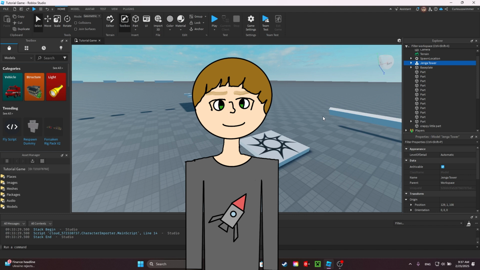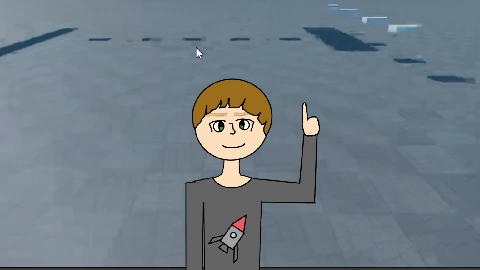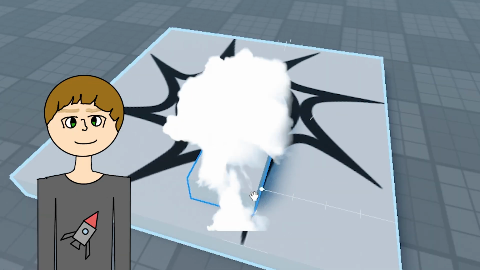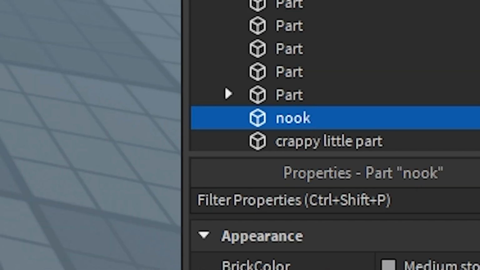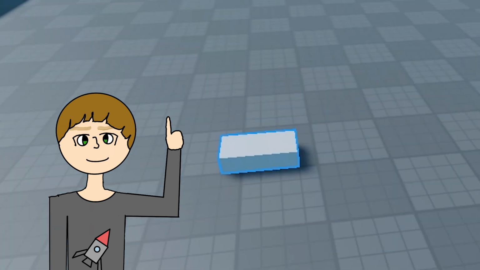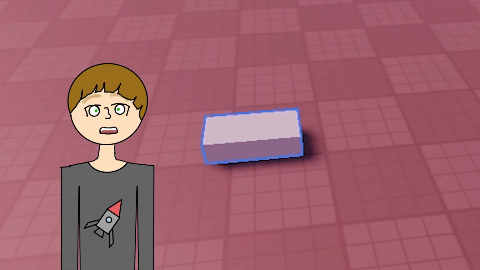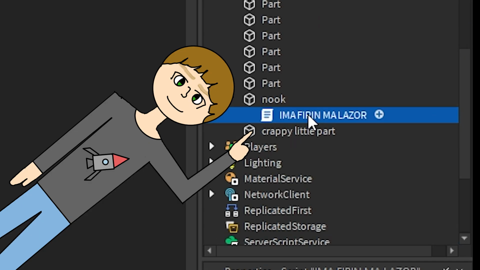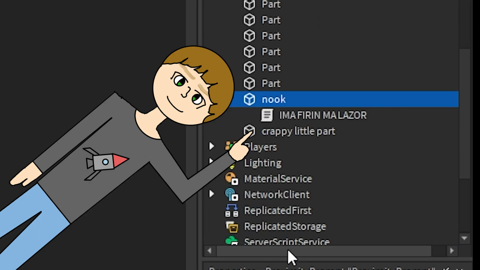In this Roblox Studio video, I'm going to be making a nuke that can destroy anything and everything, including this obby that I built in the first video right here. So it all starts with a part, and I'm going to name this part Nuke. It's going to start off as just a little teeny itty bitty explosion, but it's eventually going to get pretty big and pretty obnoxious. We're also going to have this nuke get set off by a proximity prompt, which